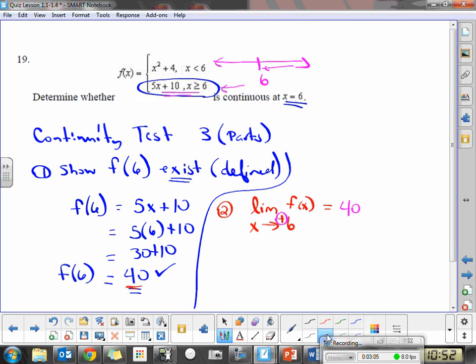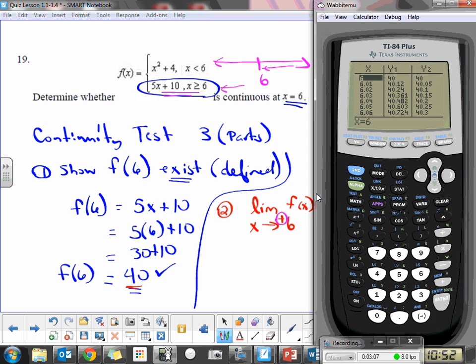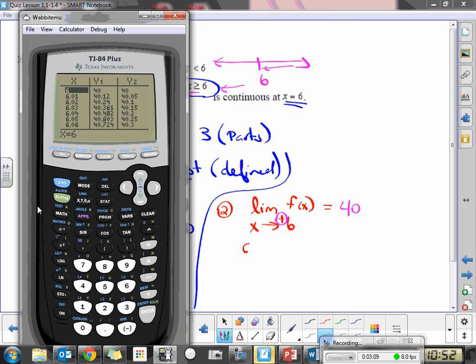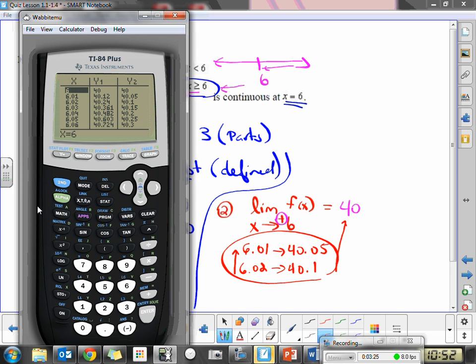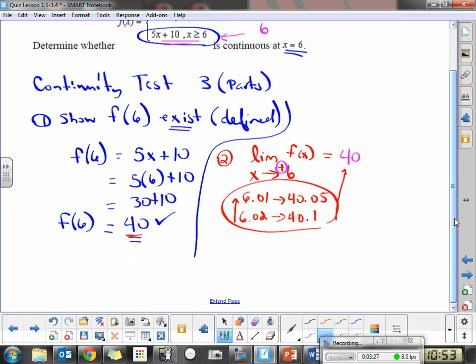So what I want you to do to provide me a little evidence of this is say, well, at 6.01, we got a value of 40.05. At 6.02, you got a value of 40.1. Show me that as you approach 6, these values are approaching 40. So here's the evidence I'm looking for. So that's part 2. Part 3 is I'm going to calculate the limit as x approaches 6 from the other side,